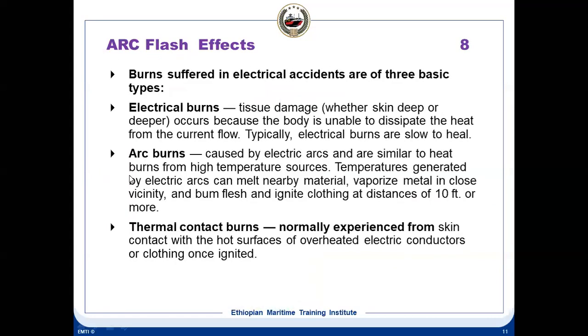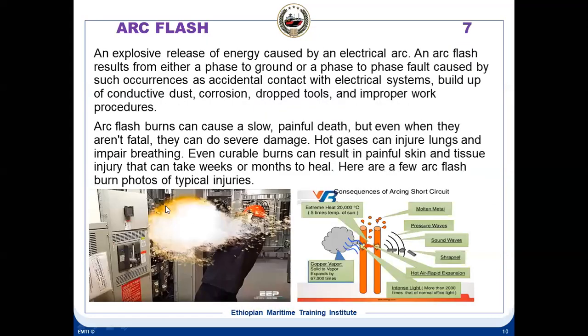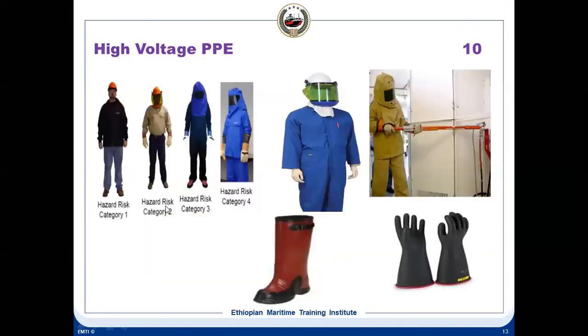Now, so we have seen these three things. What are the hazards we have seen? We discussed first is electrical shock, then we have seen arc, then arc flash, arc blast. So these are the various electrical hazards. Hazard means anything which is dangerous, which is occurring, that is called the hazard. So for all these hazards, we have certain PPE which is to be used on high voltage ships.